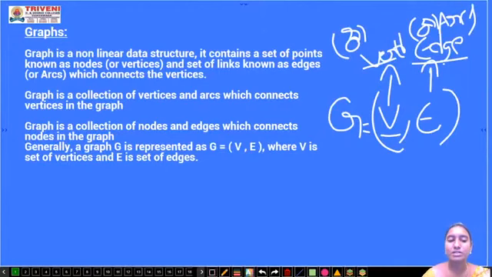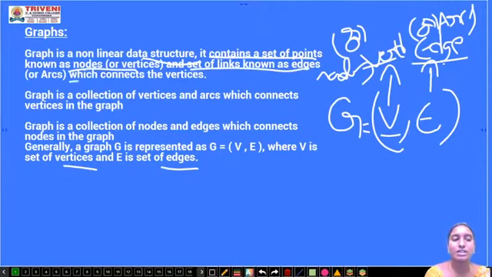Here we can observe the vertices and edges, which are also called nodes. So the graph is a non-linear data structure. It contains a set of points known as nodes, and a set of links known as edges or arcs,